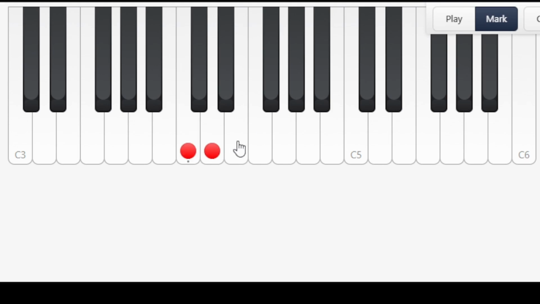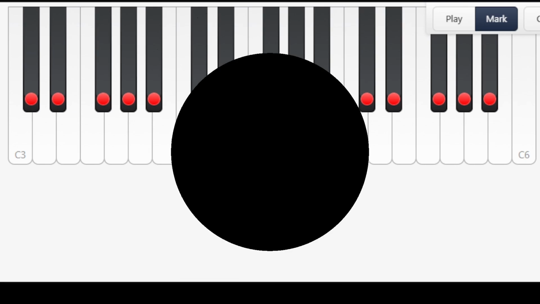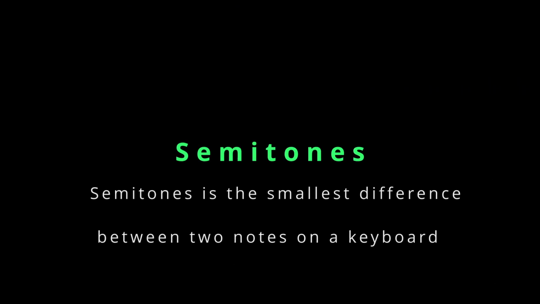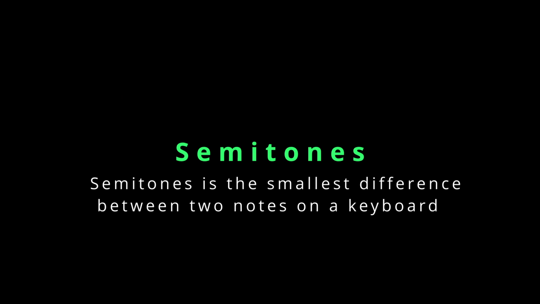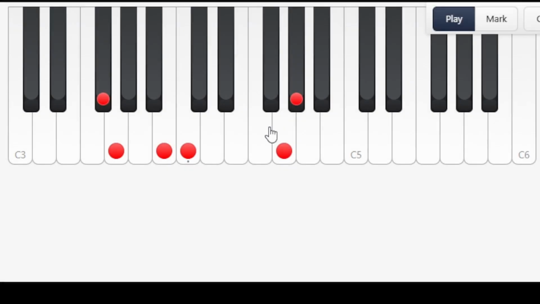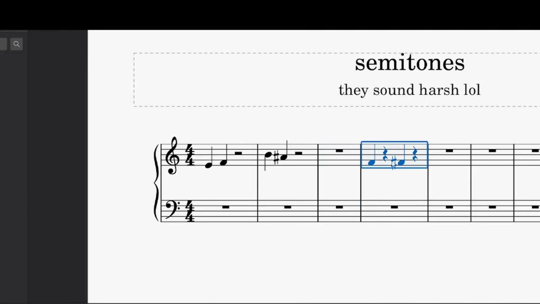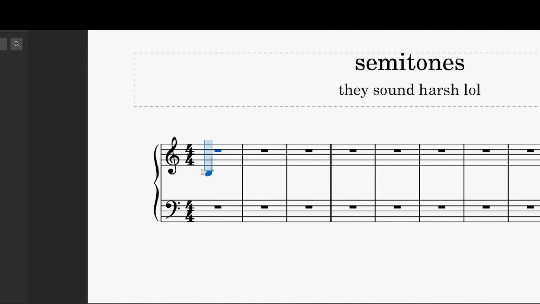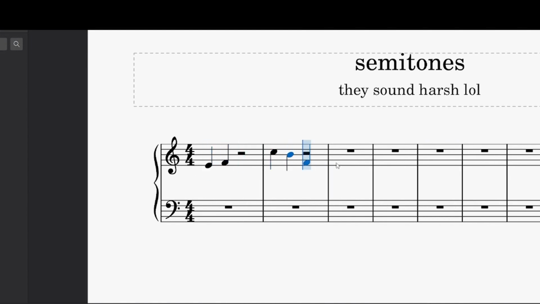Okay. These were the white keys. Now what I want to do is teach you guys the black ones. For that, I want you to learn about semitones. So, a semitone is the smallest difference between two notes on a keyboard. For example, this is a semitone, this is a semitone, and this is a semitone. A semitone can be built on every note, and you can build them both up and down. It doesn't matter. All that matters is that the difference between two notes